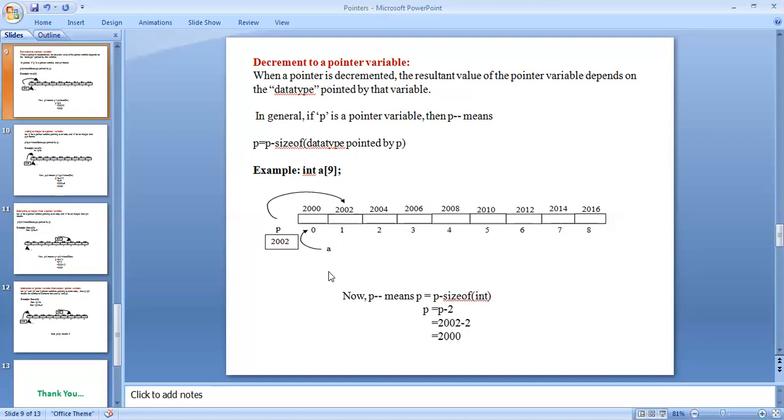Then the actual memory address of p is 2002 minus 2 bytes for int, which gives 2000. That means a is stored at memory location 2000, which is array index 0. Once again, initially a is stored at 2002. After decrement, a is stored at 2000.